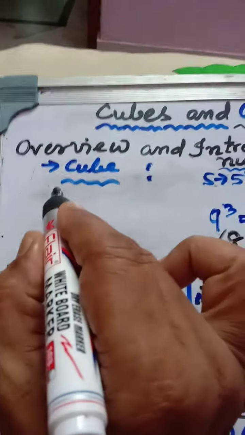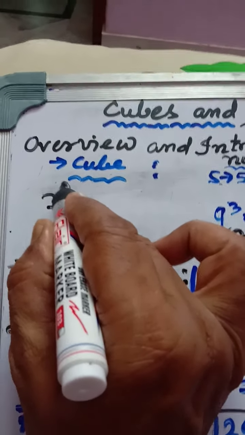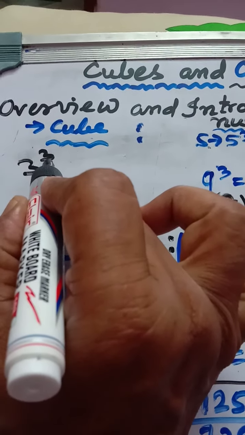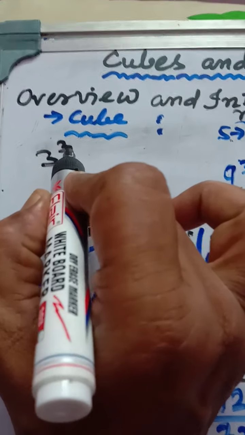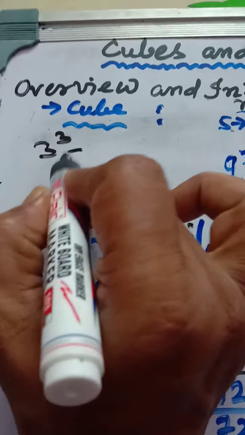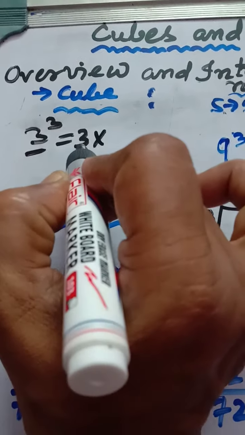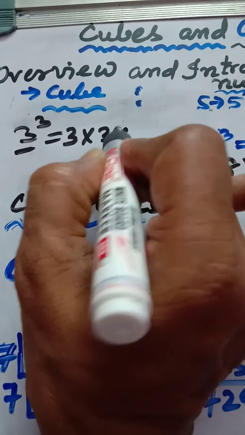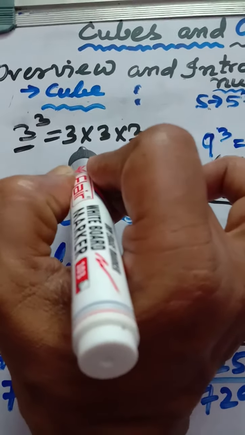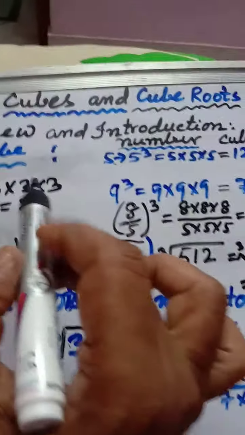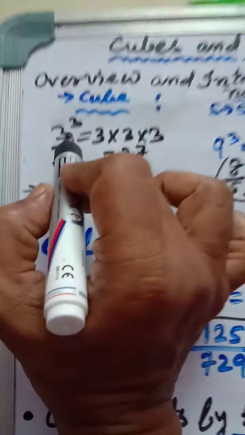Suppose we have got a number as 3. 3 cube we want to find out. 3 cube power will be always 3. 3 raised to the power 3. That is equal to, the 3 is the number, 3 itself will be multiplied. 3 is the number, itself will be multiplied 2 times. Isn't it? Then you will find out the cube value of it. That is the cube value of a number or anything.